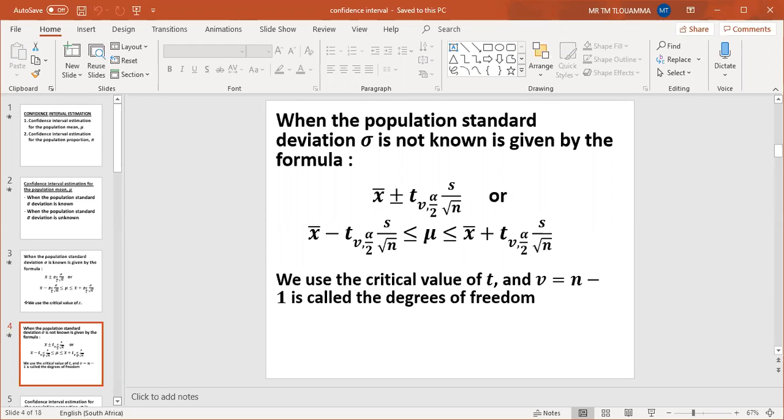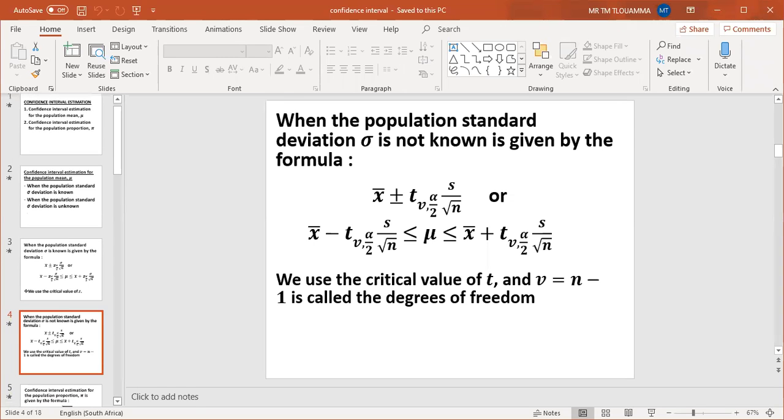So this one applies when the population standard deviation is not known, or is unknown, meaning we are going to use the sample standard deviation. That's why it is denoted by the letter S. Okay, and then we're moving to